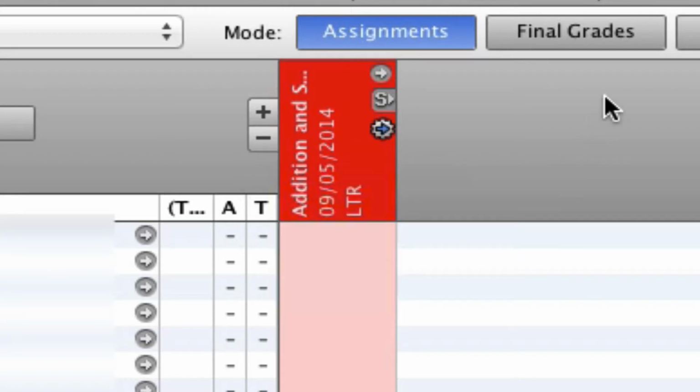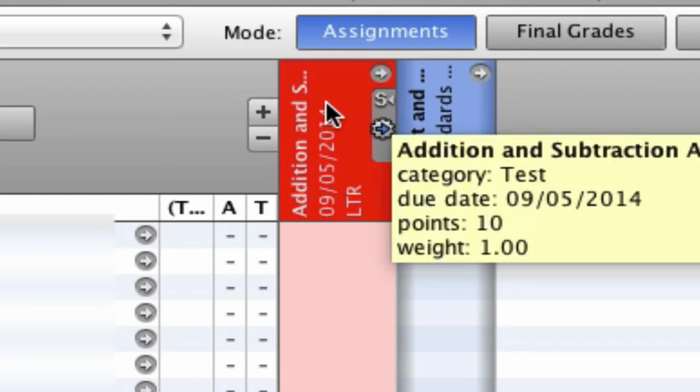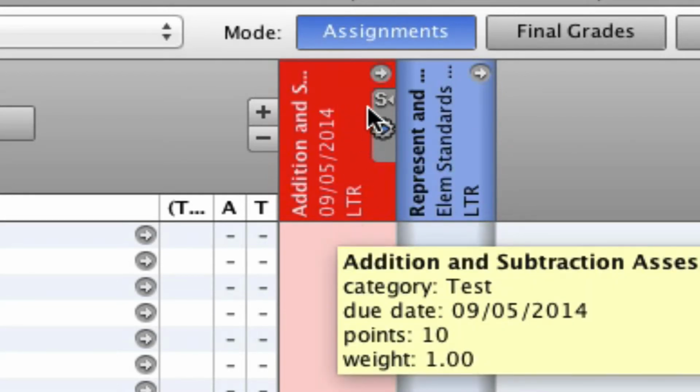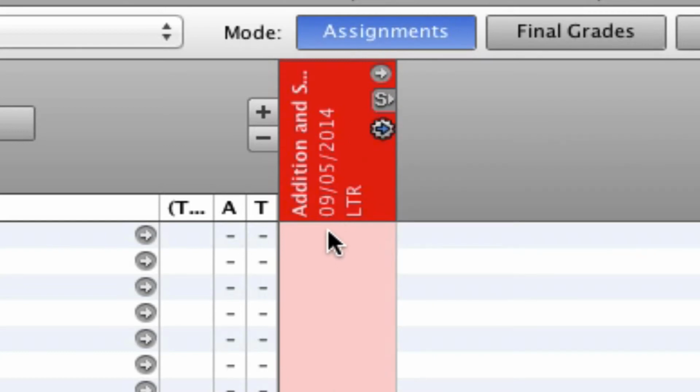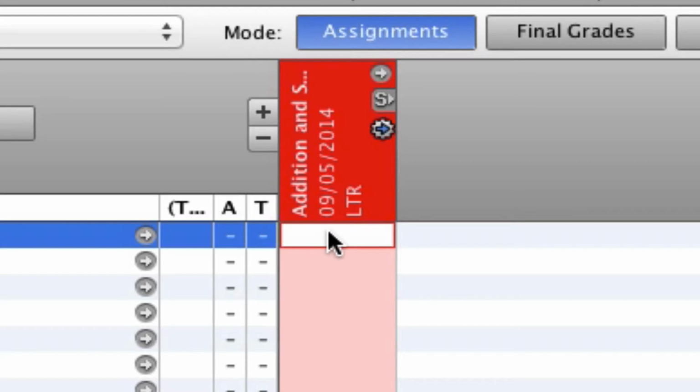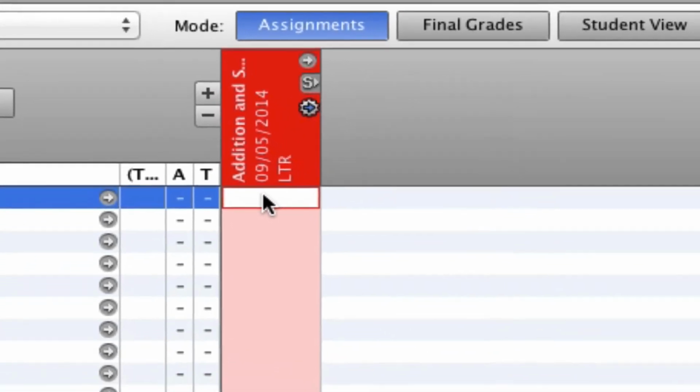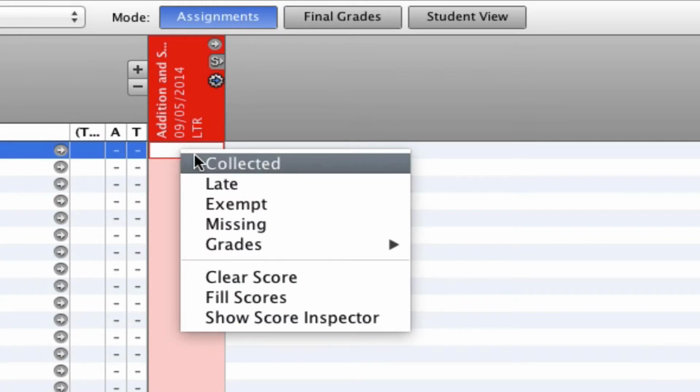Alright, so let's take a look at what we have here. We have this addition and subtraction assessment, and I have a couple of little functions represented here. If I hover my mouse over the one with the S, that's an important one. This shows the associated standards to this assignment placeholder. So here's how this works. I give my students the assessment, and when I've collected them, I can use the right click or control click feature